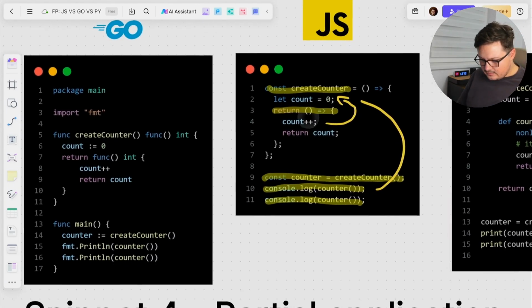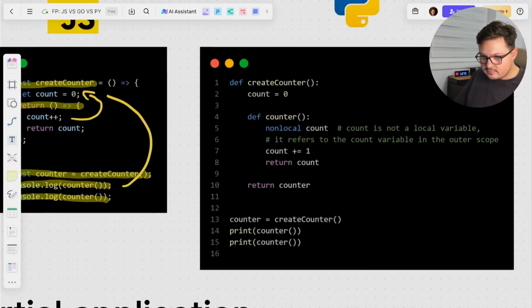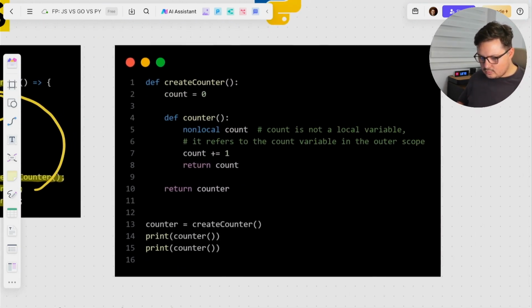Go and JavaScript have similar closure mechanics. The inner function naturally accesses and modifies the outer function's count variable. Python, however, has stricter scoping rules. To modify a variable from the function's outer scope, you need to declare it as non-local. So this tells Python that count is not a local variable and that it refers to the variable from the